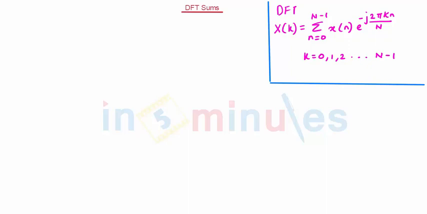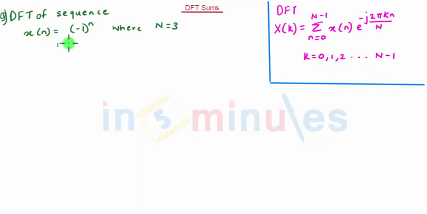In this video, we are going to solve one sum based on DFT sequence, that is, compute the DFT of the sequence x of n is equal to minus 1 raised to n, where N is equal to 3. The range of n is always n is equal to 0 to N minus 1, so it becomes 0 to